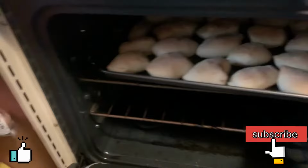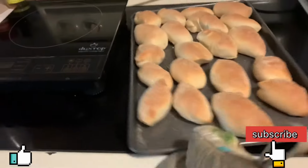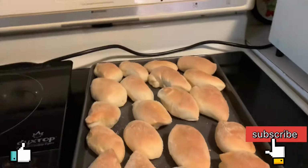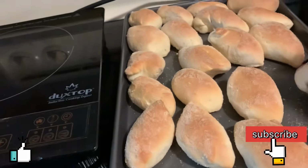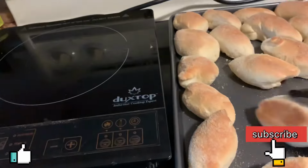There you go. Ito ng ating pandesal. Fresh pandesal. Yan. Ready to eat na guys. Yan. Balik natin para hindi